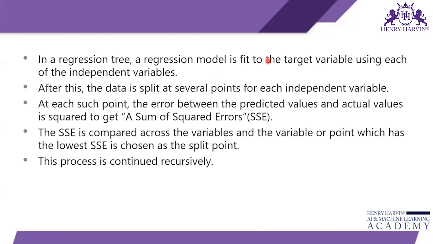The SSE, the sum of squared errors, is compared across the variables, and the variable or point which has the lowest SSE is chosen as the split point. So basically, the factor for which the SSE value is lowest among all the independent variables is chosen first and becomes the root of our tree. This process is